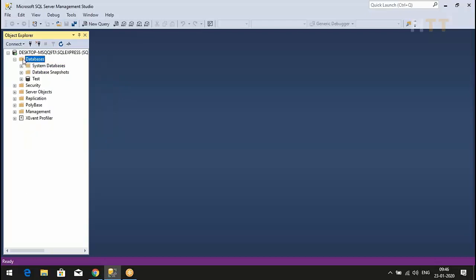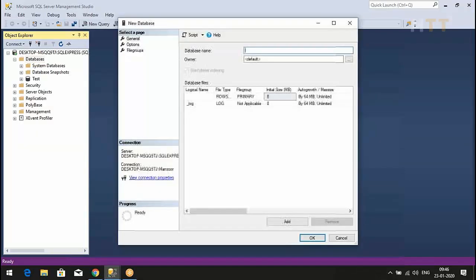So select databases folder, right click, say new database, right? You got this window. Database name, I'm going to give it as orgdb, organization database, anything you can give.